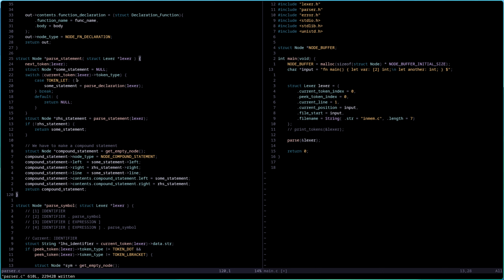It's basically just the same. So yeah, parse statement, switch. What do we find? We find a let, because that's the only statement I have. You can also say maybe it's an identifier, so an assignment, and then we just parse an assignment.